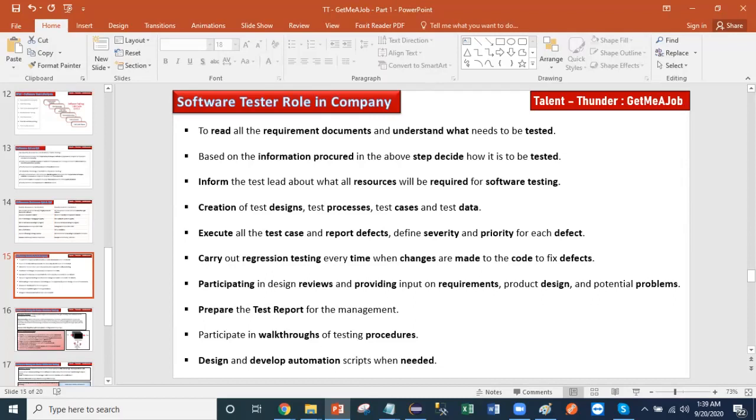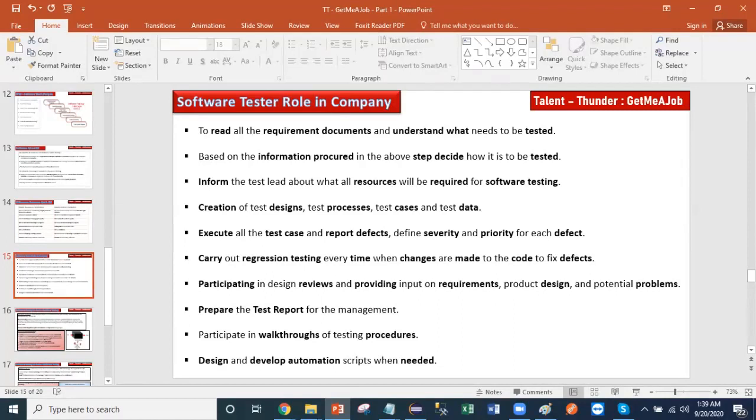So they will go through all the required documents. They understand what they need to test. Based on the information they have read from the different documents, they will decide the steps for how they need to test. Then they inform the team lead what resources they require for doing the software testing. And once they understand everything, they will prepare the test cases, they will prepare the test processes, and they make sure they have enough test data.